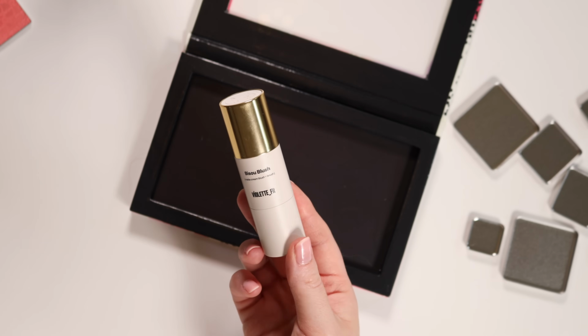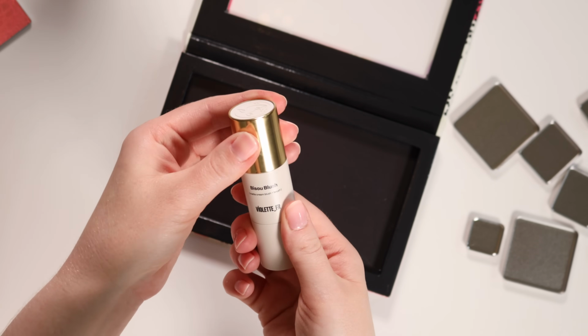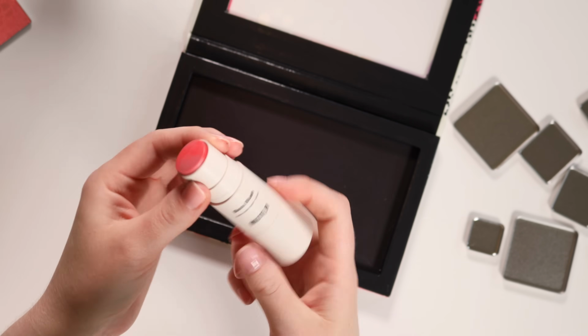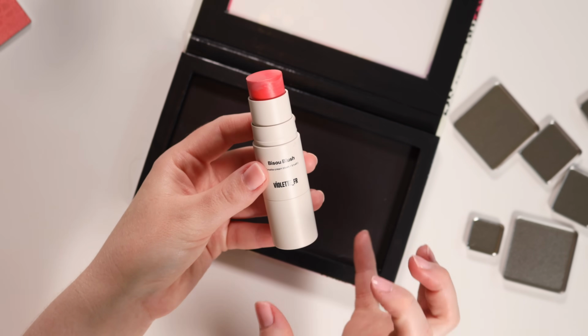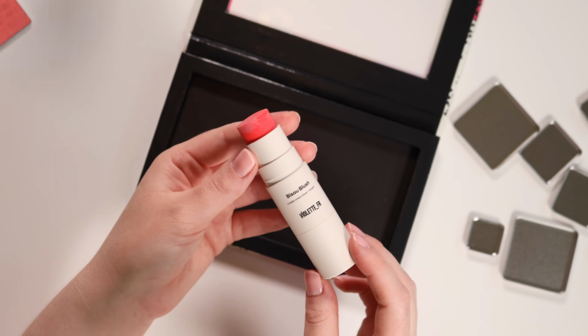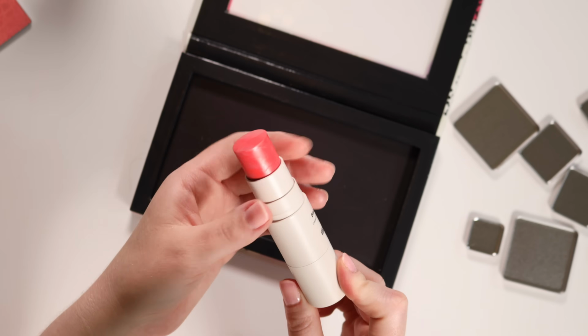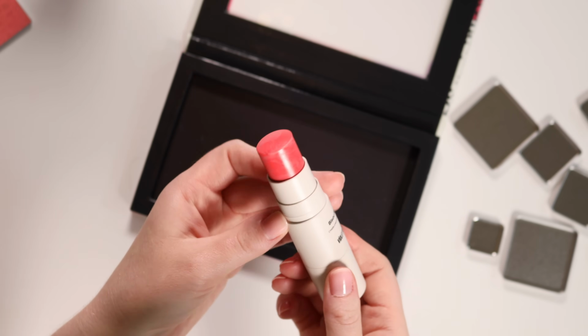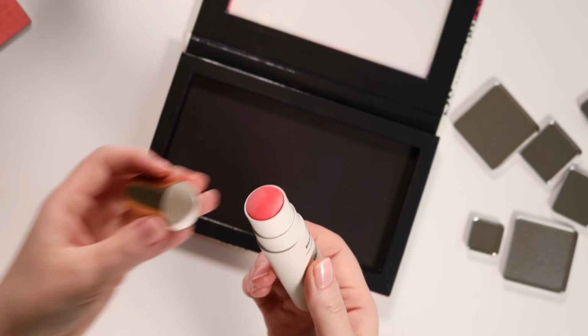One product that I would really love to make a mini pan of though is the Bisou blush from Violette. Look at that shade. It is gorgeous, so vibrant. So I think this is going to be one that we make a mini of, and look at how fun that's going to be to cut. I promise I'm not going to destroy the makeup, but it is going to be fun to take a slice